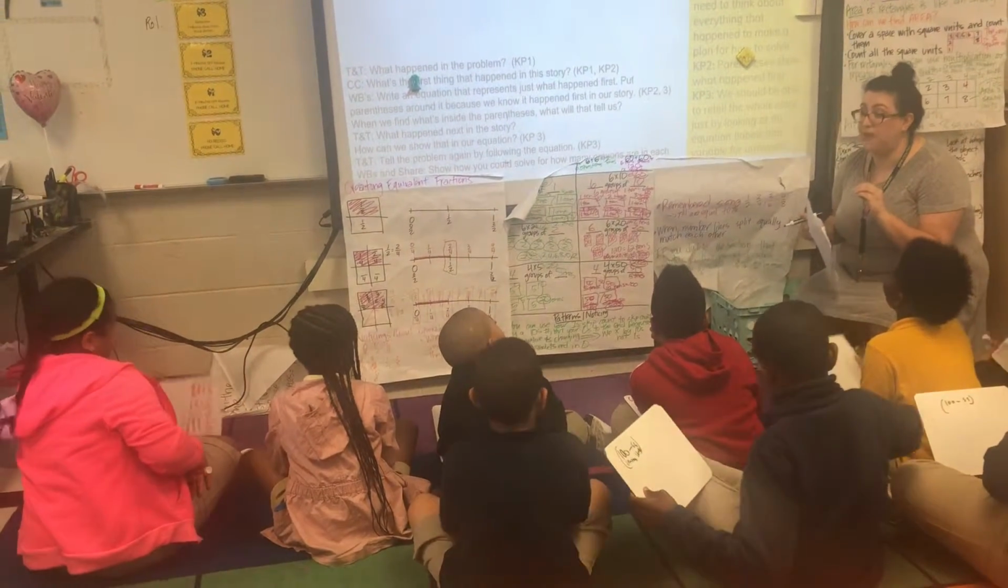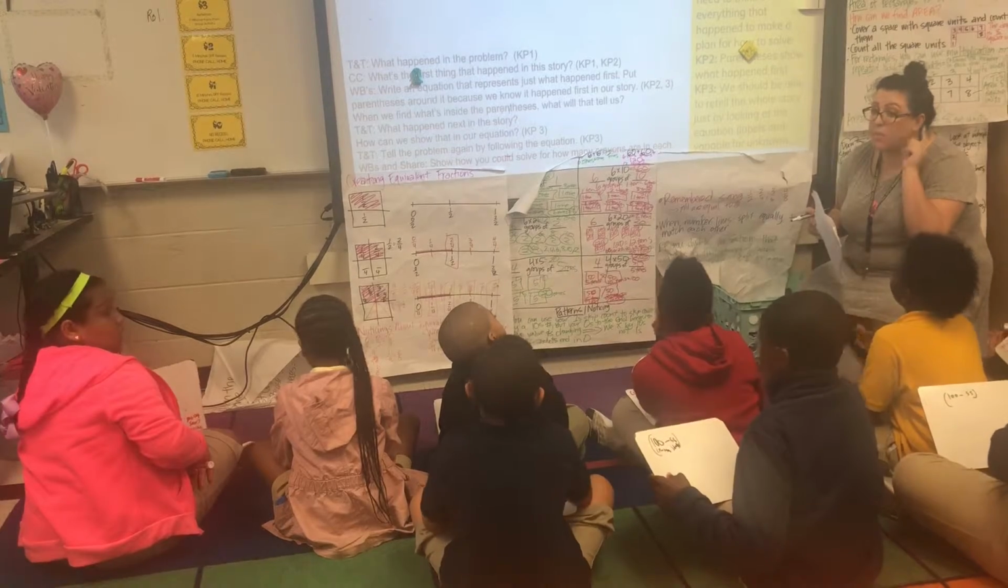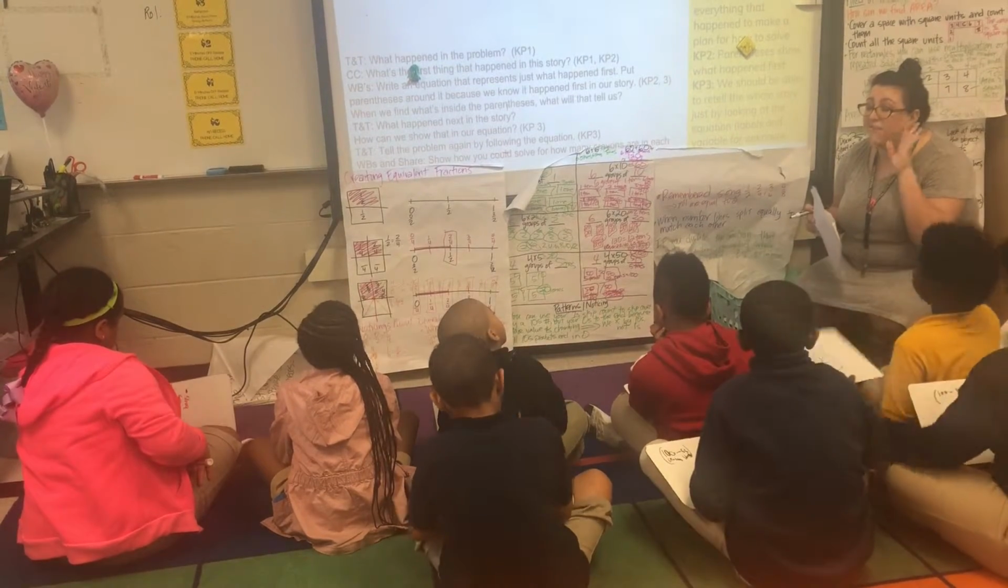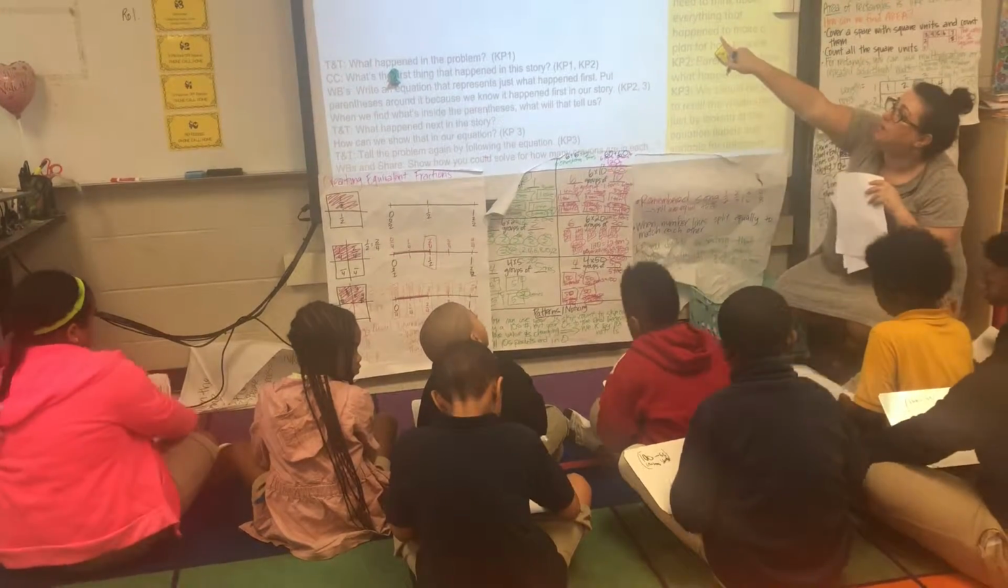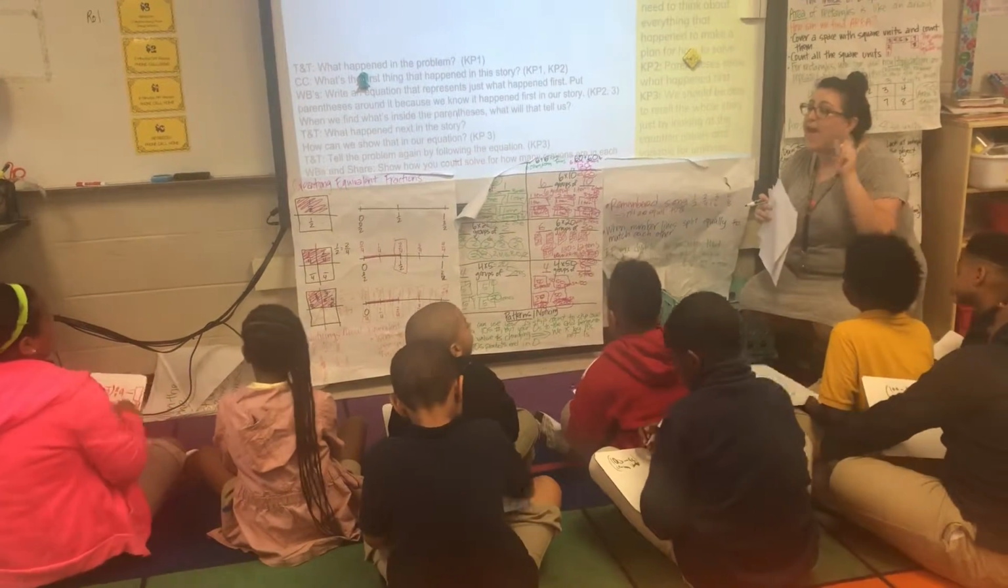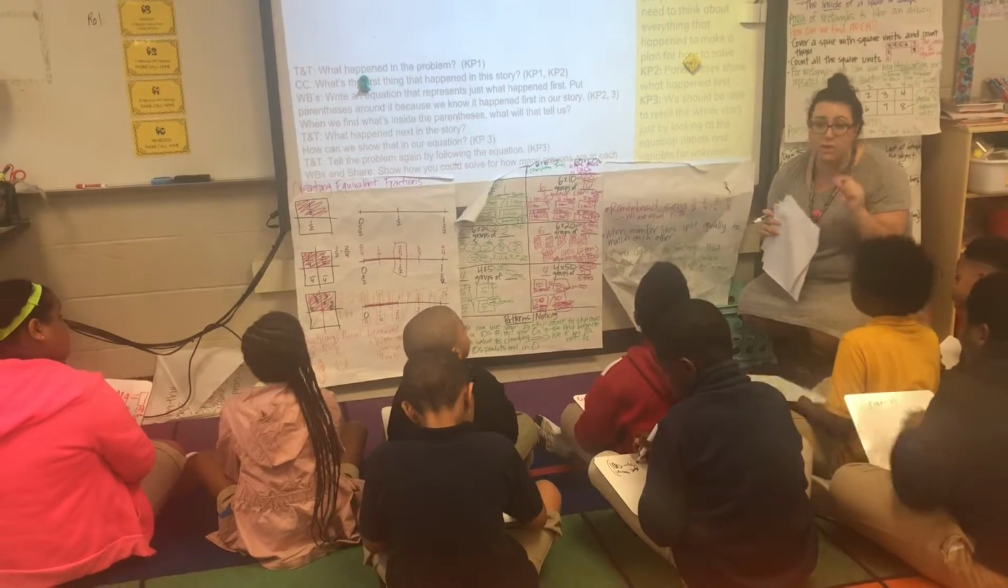What I want you guys to do now is think about what happened in the story, take 5 thinking fingers, and think, what happened next in the story? What did I label as the second thing? And I want you to finish writing the equation that matches